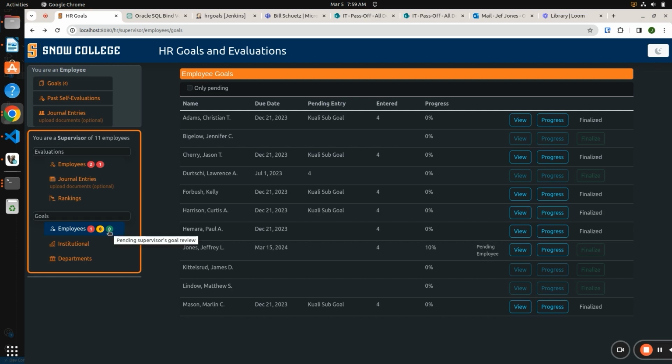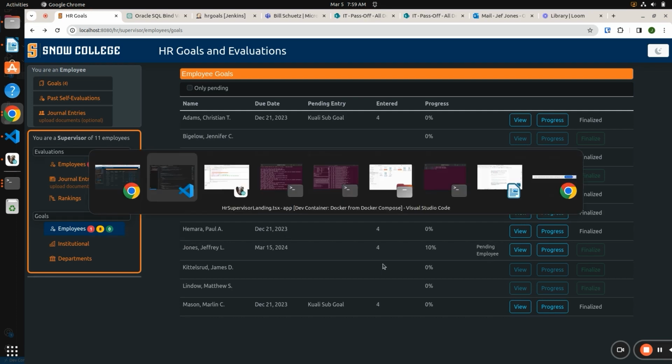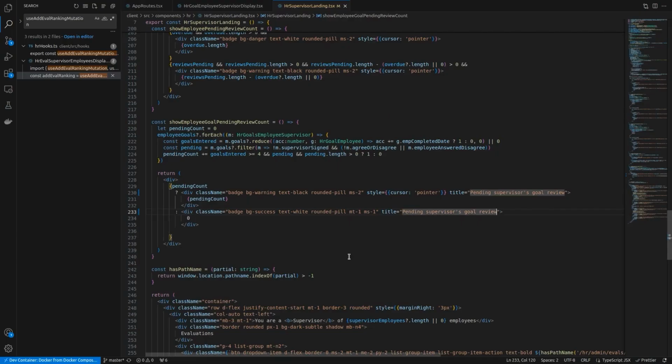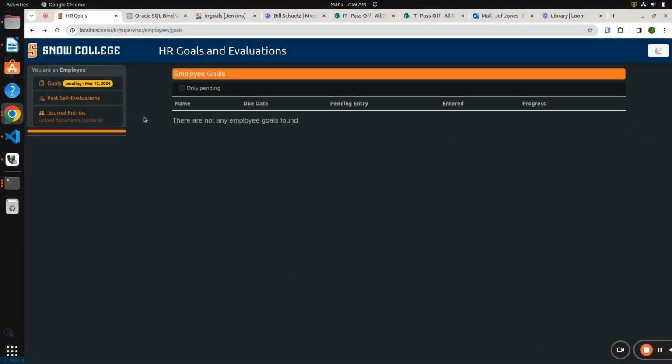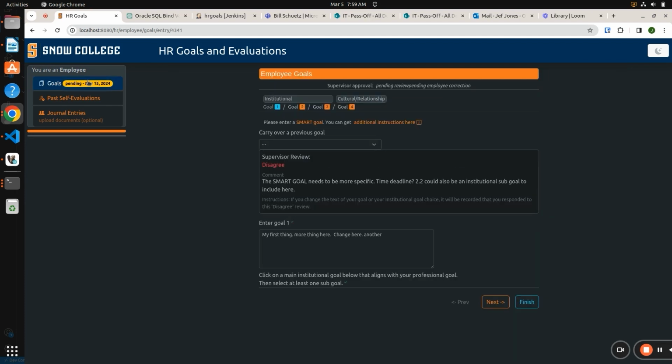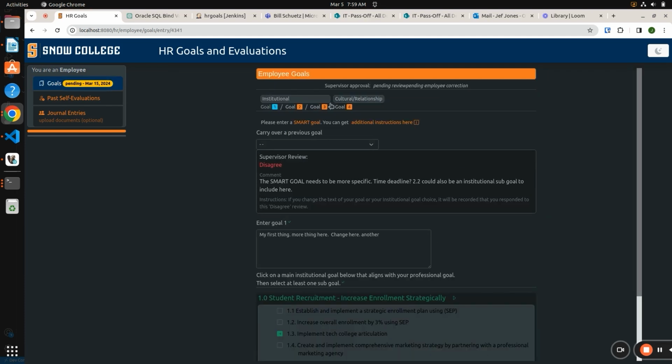There goes the 0. So let's actually just go and log in as me. Okay, we're now logged back in as me. So as we go through, we have the same wizard as before. It should all look familiar, except we have now the supervisor review. So I need to take out this disagree word. We need to put in